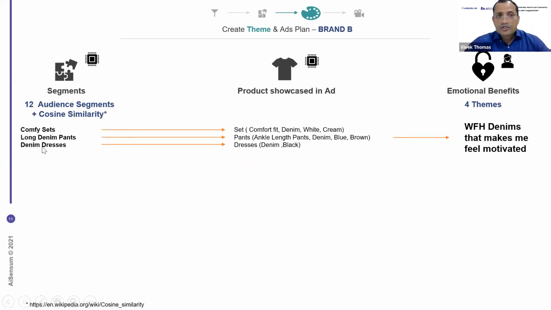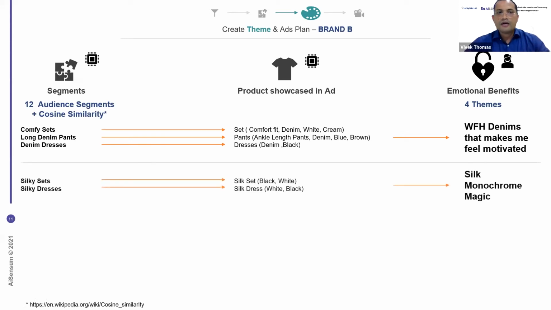Now, with the same logic, we have used cosine similarity to understand which categories merge together or come together. And you can see what products come together. And over there, we can see we can create content. Because in Indonesia, at least, it's right now under a kind of lockdown, we have taken the current scenario and said, here's content that you can perhaps create, which talks about work from home, denims that make me feel motivated. So you're trying to create these hooks, but you also know what products, and who are the people most likely to buy these products, and therefore you can find their lookalikes or their digital clones.